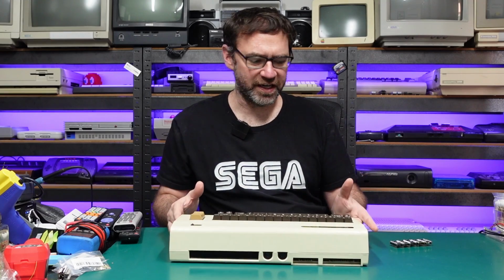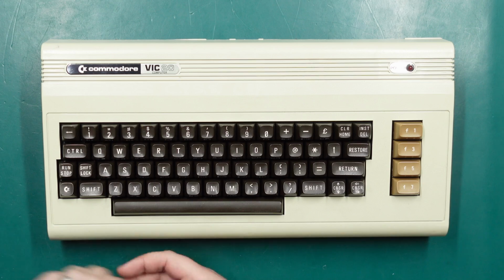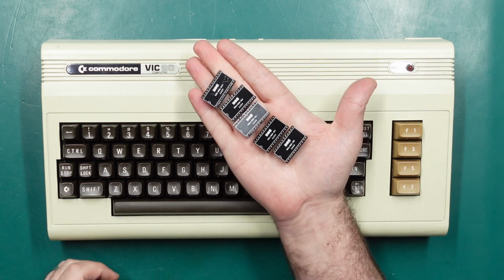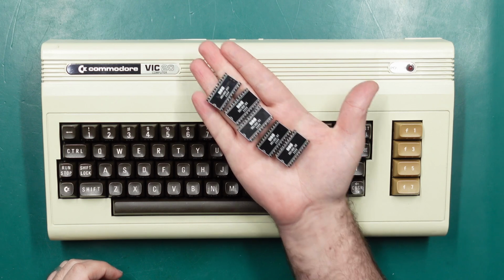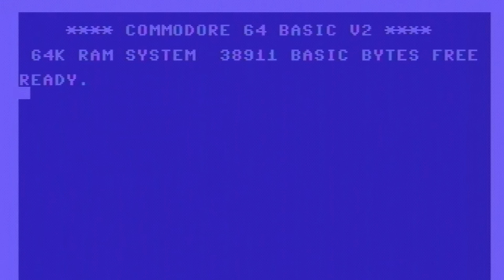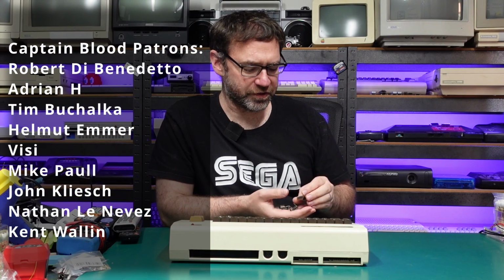the Commodore VIC-20. Just like the C64 that I designed replacement ROMs for, we now have a set for the Commodore VIC-20, and this also includes a dual character ROM, much like the Commodore 64 version, which had a VIC-20 font and a C64 font. So let's get these installed. We'll look at the power consumption of these versus the originals, and also take a look at this dual character